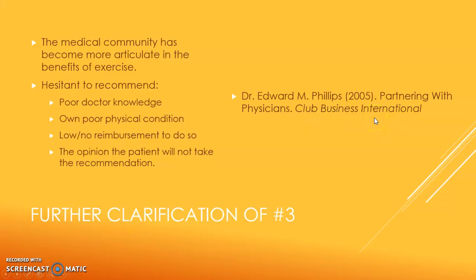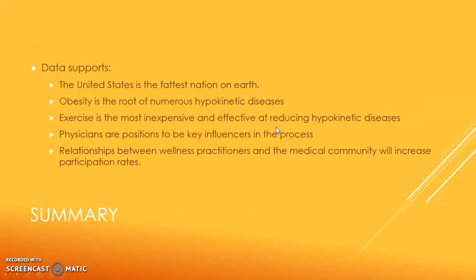It's fairly dated now, but it's a great article from 2005 in Club Business International. So what we know is this. We know in the United States, we're the fattest nation on earth. And it's just over the years, we've gone from an agricultural, agrarian type society to a more urban society. And so as a result, we're more sedentary and we just don't work out, and we've become the fattest nation